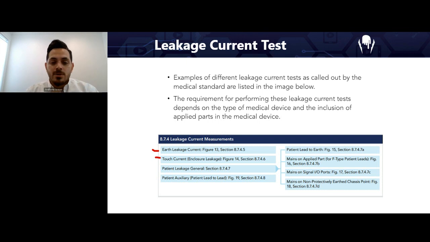So depending on the design of your product, you may be forced to run a plethora of these different tests, and that's where the MedTEST system comes into play, making it automated and sequential. And like Prashant said, press test, and 40 minutes later, you've run through all these different fault conditions and scenarios and have your results. Patient auxiliary, patient lead to lead, right? You also want to know,